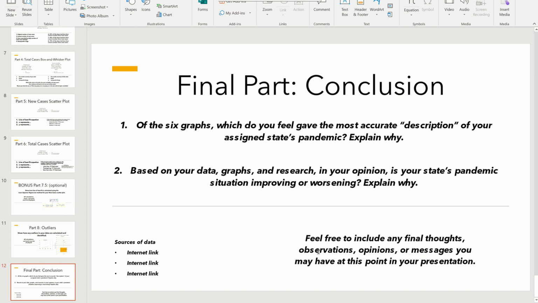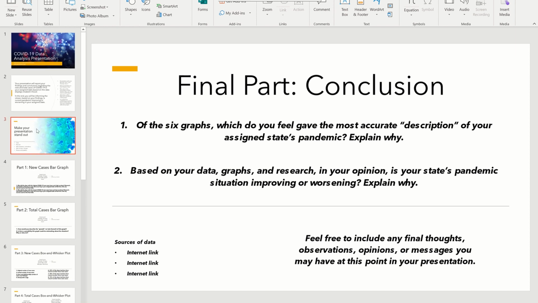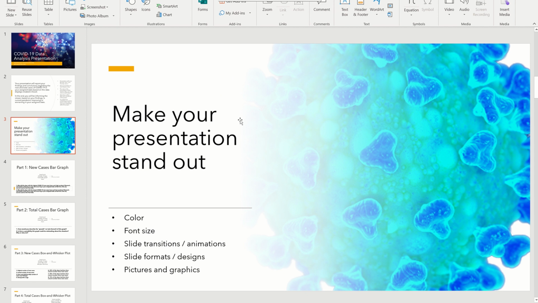and just maybe sketch an outline, like what format you're going to use for your presentation. That would give you a really good start, because remember, like I said, you want to make your presentation stand out. So if you and your partner want to decide, like, okay, what colors are we going to use, what font size, what slide transitions, animations, pictures and graphics, you can start to put together your presentation now, just with kind of like the skeleton, you know.